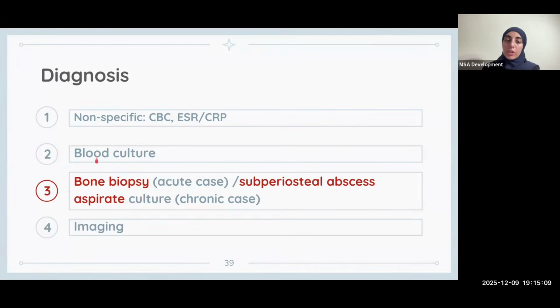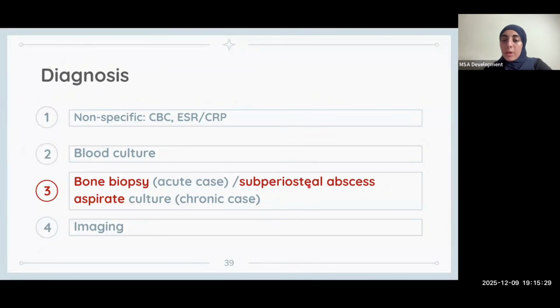Okay, so you take the blood culture, you take the biopsy, whatever, and then you give antibiotics. Now, what is this point number 3 in red? The way you're going to diagnose it is going to differ by whether it's an acute osteomyelitis or a chronic one. In acute, you have to take a bone biopsy, while in chronic, you can take an aspirate from the